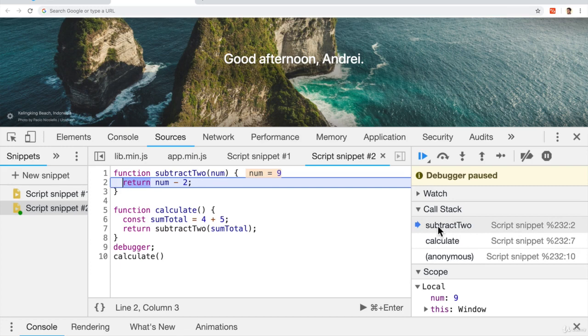Once we're done with subtract2, then we can go back to calculate. And then once we're done with calculate, then we can go back to the global anonymous function, which is what happens in line 11 here once we finish our work. So watch, if I click next,